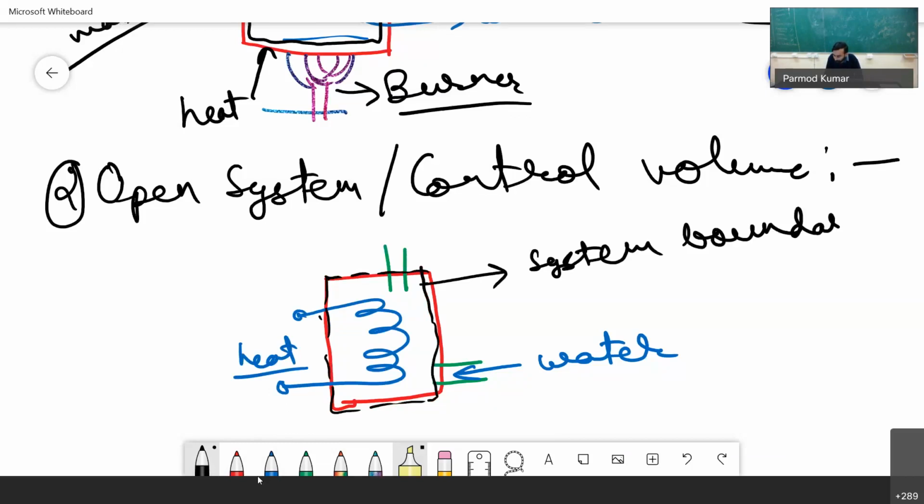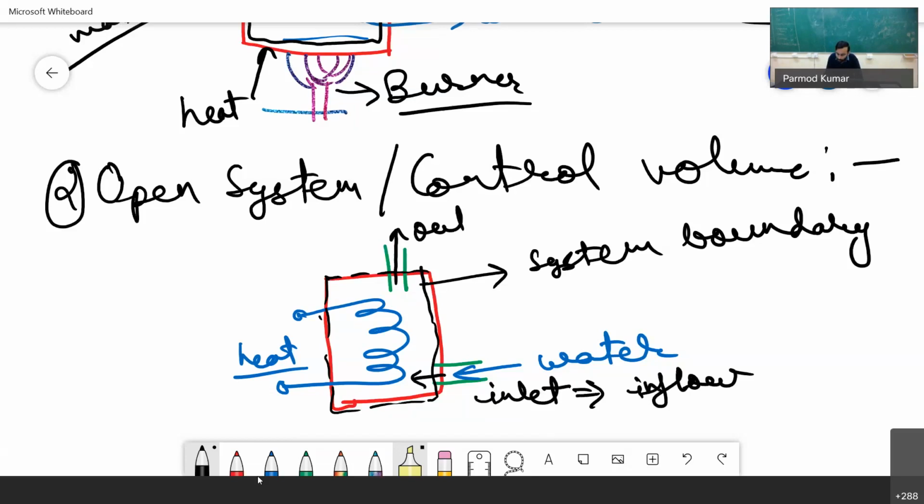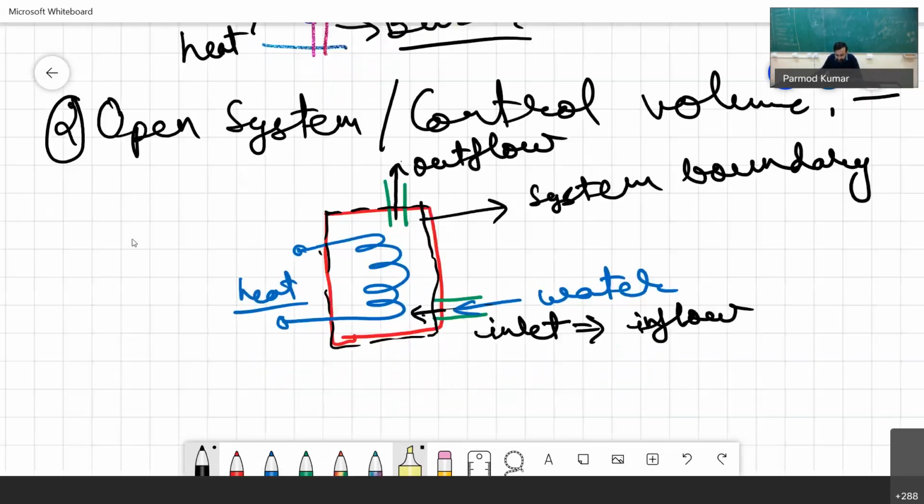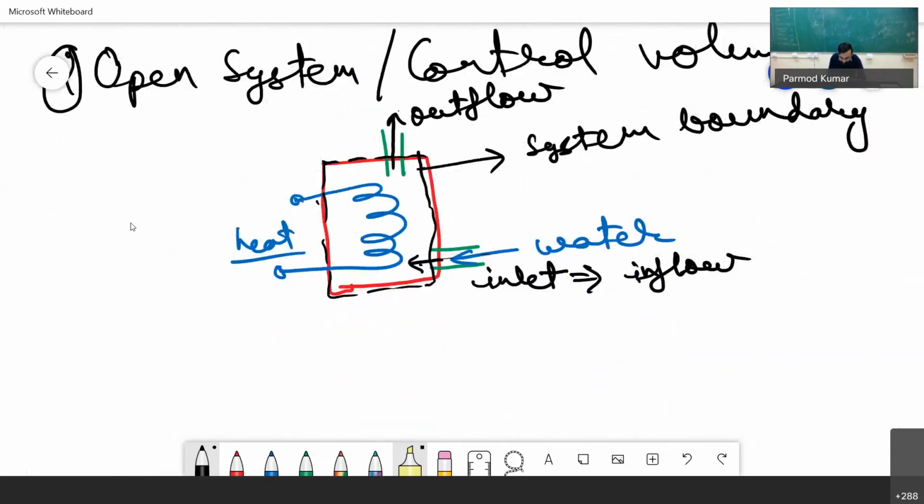So here, across the boundary of the system, water is coming inside, and from here some water is also going out. At this point we have an inlet, through which we have inflow of the medium, and here we have outflow of matter. So across the system boundary, some mass is entering the system and some mass is going out of the system. So any system where we have interaction of